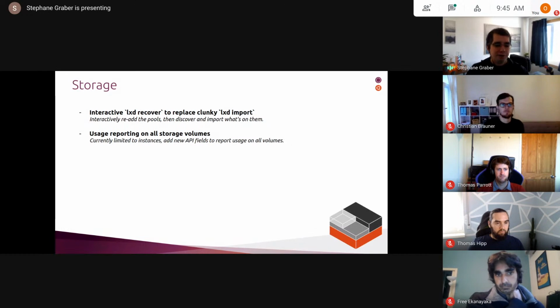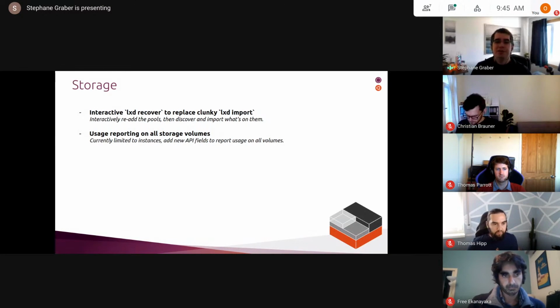And also right now we report usage of storage volumes as part of the instance they're attached to, not on their own. We just want to add an API there so that you can do LXD storage volume list and have a column that shows you the usage for those. It's not going to be easy to pull in all cases. It's probably going to be an optional column type thing, but that will definitely help to figure out, within my storage pool, where's my data going.